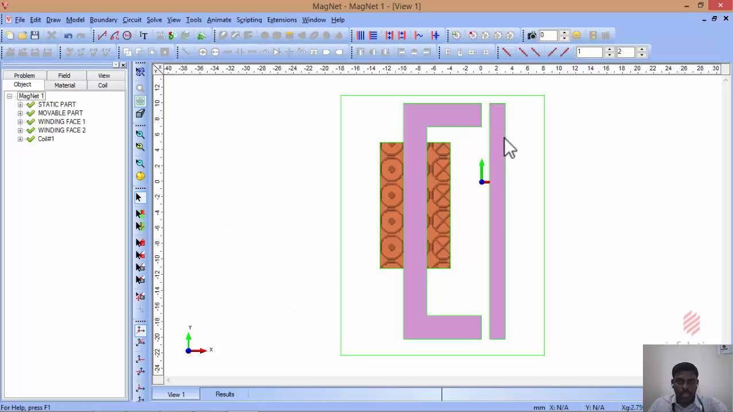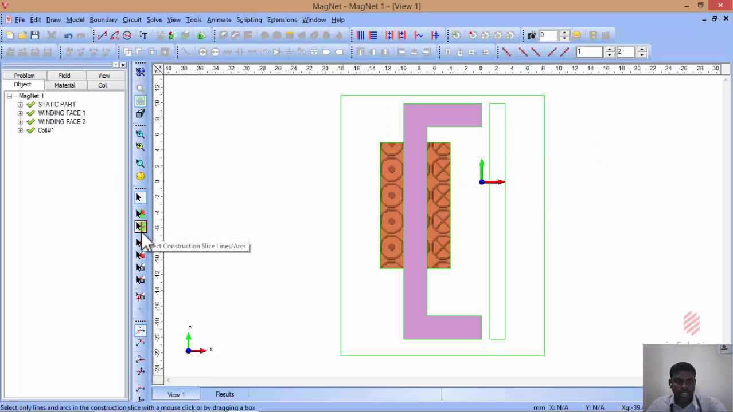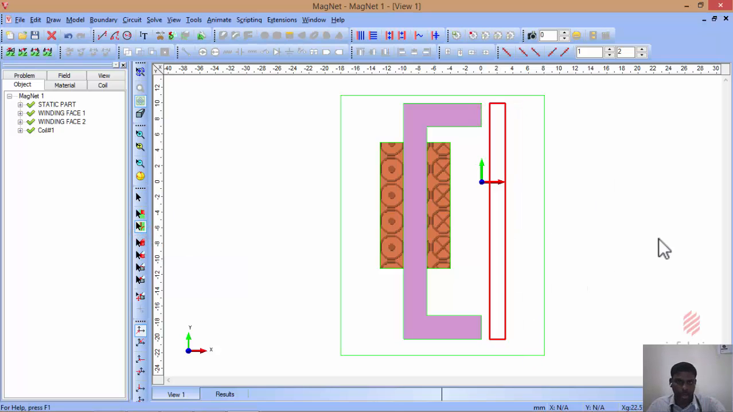Now we want to move this component 1 mm apart from this one, so that the total air gap between this static part and this movable part becomes 2 mm. So I just delete this movable component also, but the line diagram stays as it is. Select this movable part, or otherwise choose select construction slice lines and arcs. Now you choose this movable part,